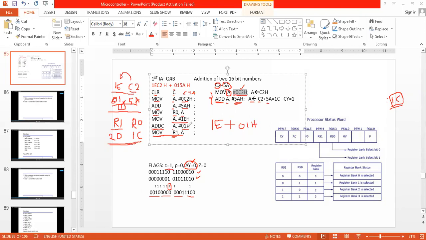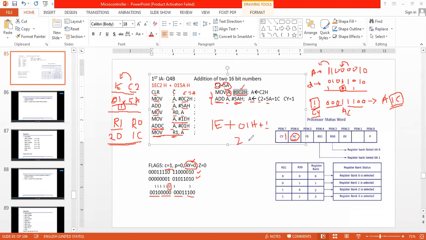Then the result will be stored into A, along with carry also. Carry bit is equal to 1 here, so this is going to be added. So what will be the answer? Total it is 1E plus 1 plus 1. It is going to be 20. A will be having 20.